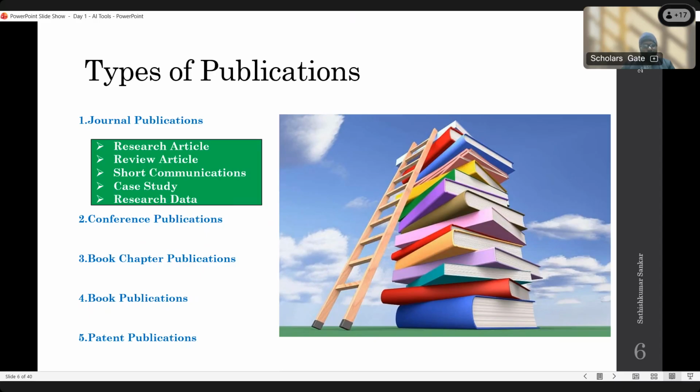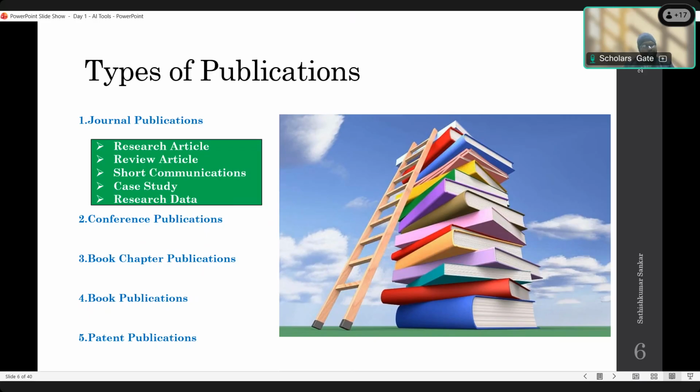Most of the reputed publishers' book chapters are Scopus indexed. So it is treated as a Scopus indexed journal, so don't worry about that. Book publication we can also do, and if you complete the thesis, you can publish your thesis in book format also. Reputed publishers like Elsevier, Taylor and Francis, and Springer give the provision, so you can submit your whole thesis to be published as a book. Anyone can buy that book and study it. Otherwise, you can write your own book. You can submit to different types of publishers, national or international, based on your convenience.